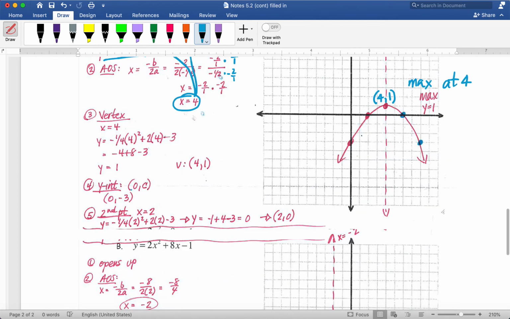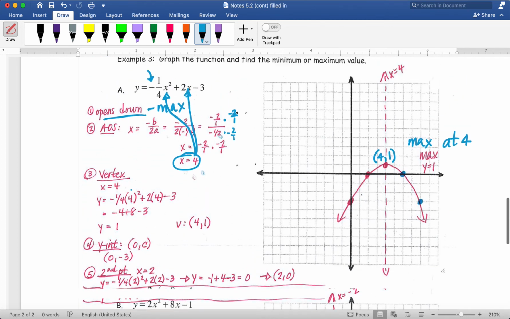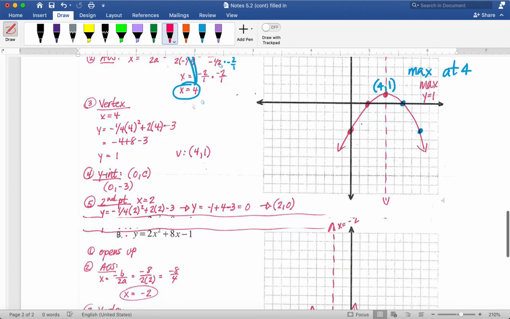The y-intercept is always c. You let the x be 0 and solve it for y. Okay, if I let the x be 0, this is going to go away, this is going to go away, and I see that I got 0, -3 for my y-intercept. So guys and gals, you plot your vertex, you plot your y-intercept, you identify your axis of